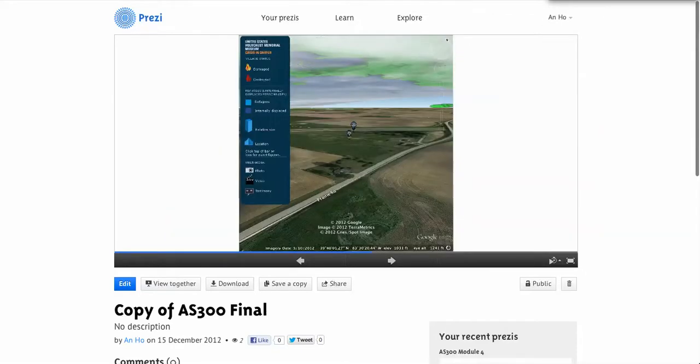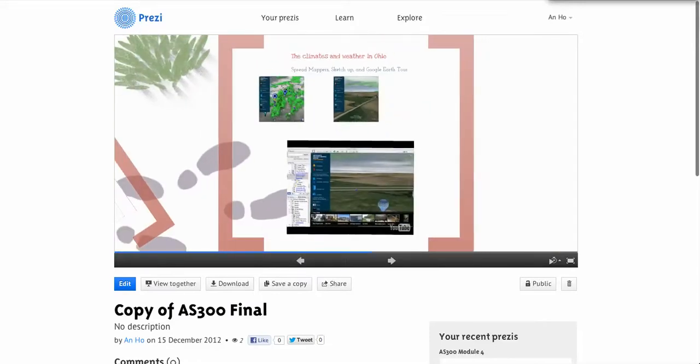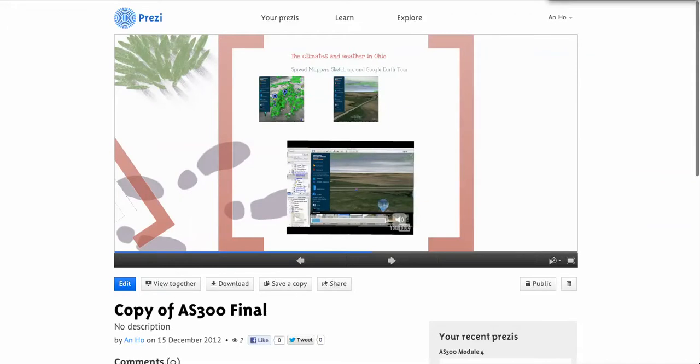I also looked up the weather, and here are the balloons that I created in SketchUp and inserted into Google Earth. This is located on the I-71, which is the route from Kentucky to Ohio. The balloons are a symbol of the rain amount, where larger balloons mean a higher amount of rain. And this is the tour that I made for YouTube. You can click here to see the route that we take on the I-71 from Kentucky to Ohio, and the rain amount is also shown here in detail.